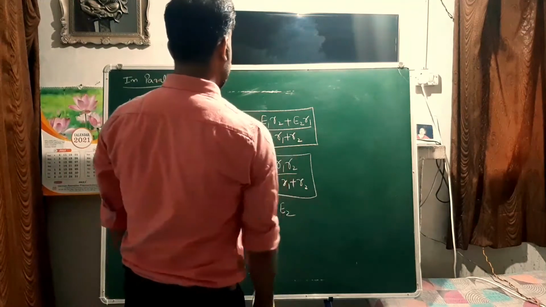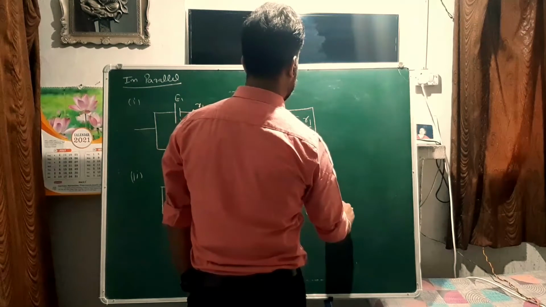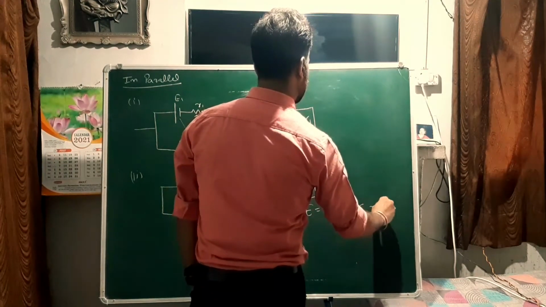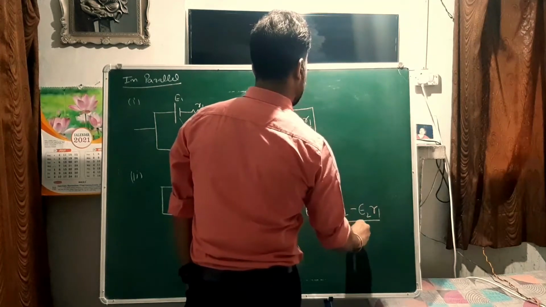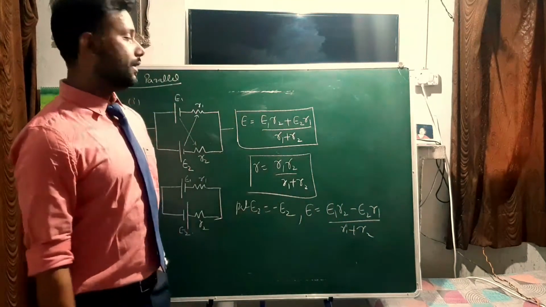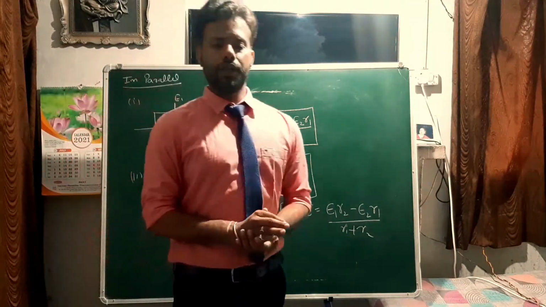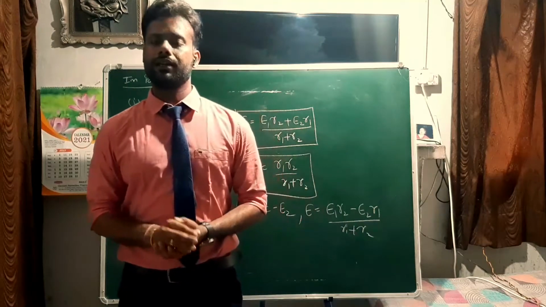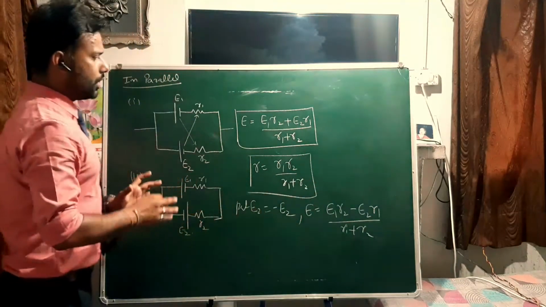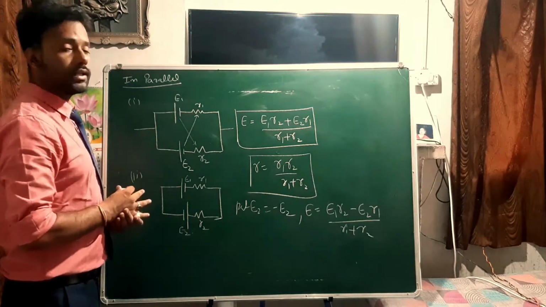So now in this case, what will be the EMF? In this case, EMF will be (E1 R2 minus E2 R1) divided by (R1 plus R2), and the resistance will remain same because resistance doesn't change when the polarity of the cell connected to each other changes, right? So this will be the case. So please remember when you get such cases.